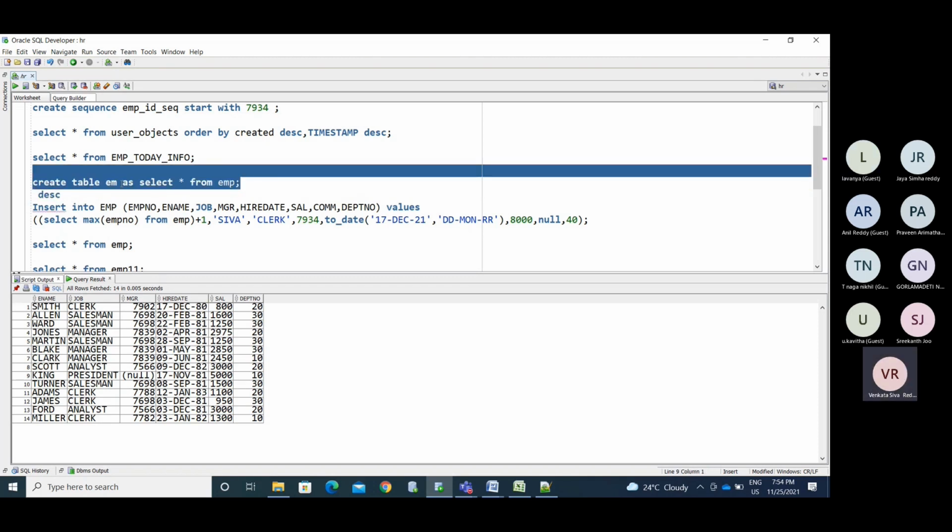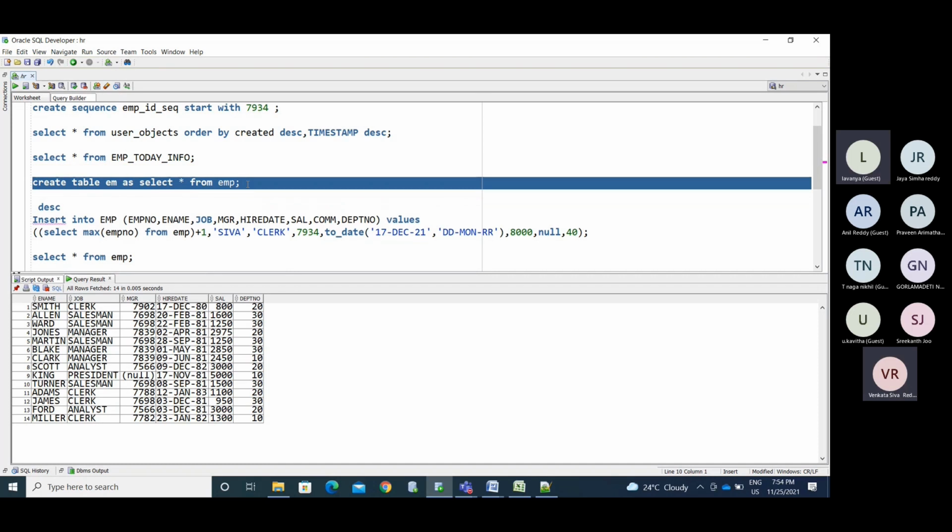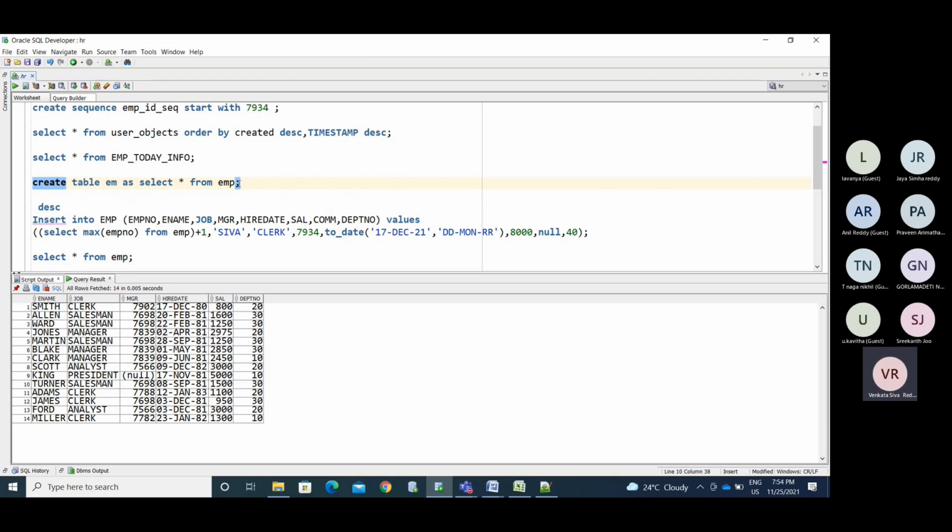What I am doing here is copying all the columns from the EMP table to the new table. I am copying the structure and the data into the EMP tables.